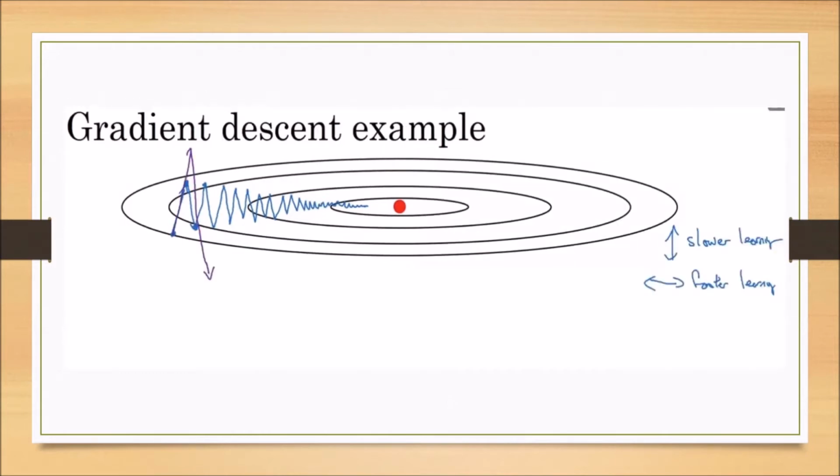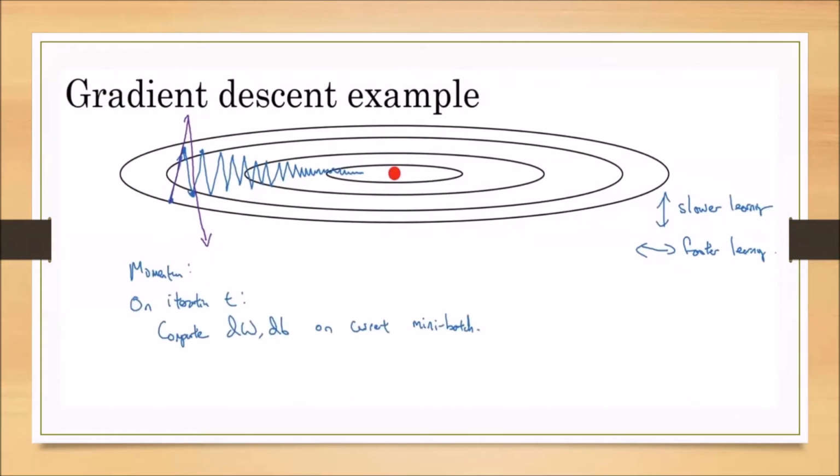Now we are expecting very slow learning in the vertical direction. It means I do not want oscillations to happen in the vertical direction, but at the same time I want faster learning in the horizontal direction. It means I am expecting my gradient descent to find the minimum value of the cost function in a very fast way. So here we are using the momentum concept, gradient descent with momentum, in which we use exponentially weighted averages to find the gradient descent.